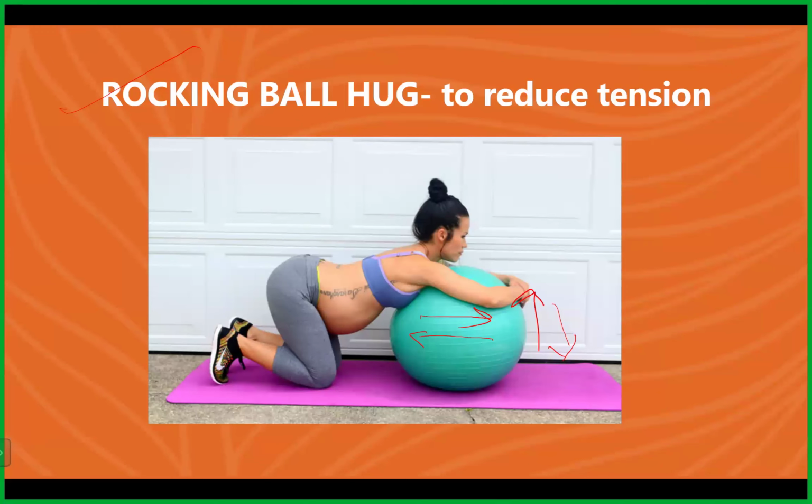You can incorporate her partner too during the exercise session. Yes, during the second trimester you can, that partner exercise. I'm asking, in this we are making them reduce tension, but in the same position you can do some other exercise, like back and forth with hip extension. They will lose balance if they do so, so we don't go for anything where there is risk of a fall, Disha.